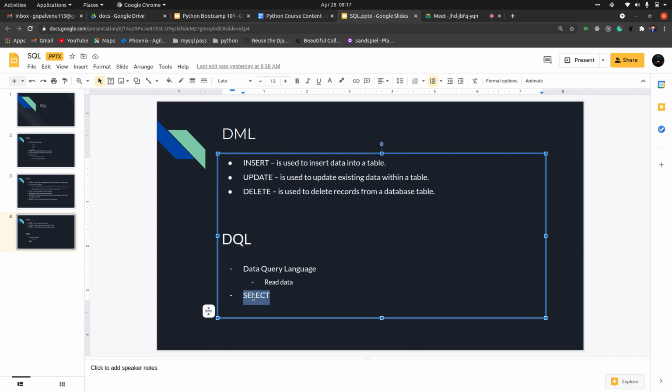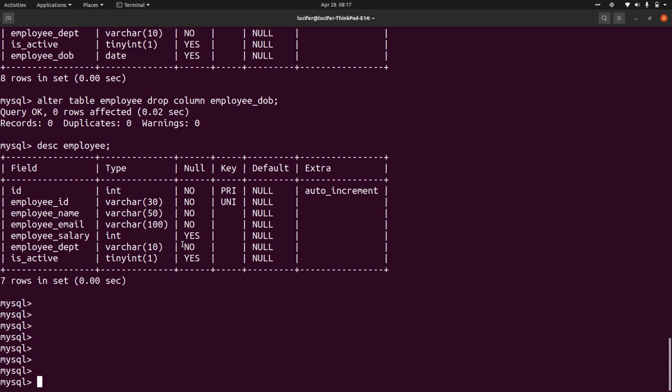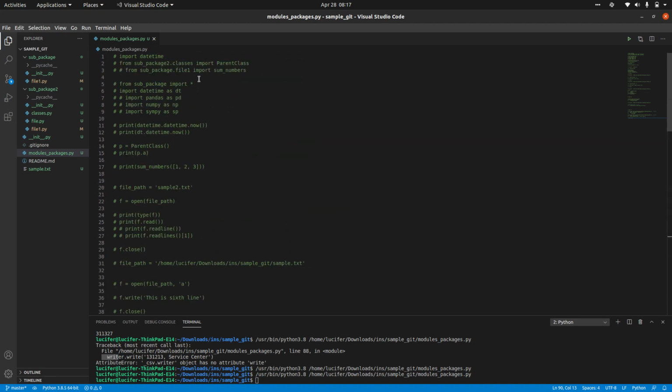So I'll tell you about the select command. Select is basically used to read the data. So select, and star represents everything, as we already saw in Python also. Even in the imports we saw, whenever we use star, we are importing everything, right?